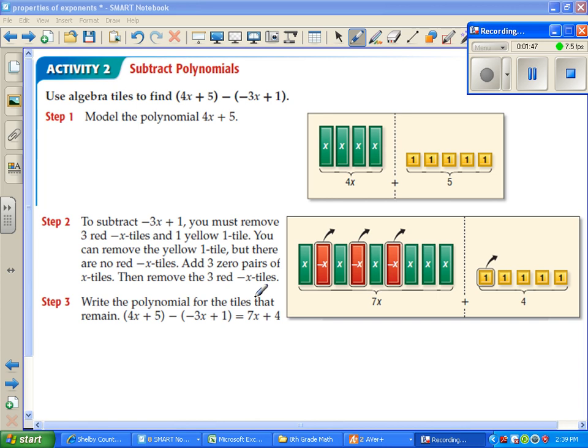Then here's an example of subtracting polynomials. Gets a little more confusing. First, we're going to model the first one, 4x plus 5. Okay, so I have 4 x's and I have 5 positives. Then it says we're going to subtract or take away. You must remove